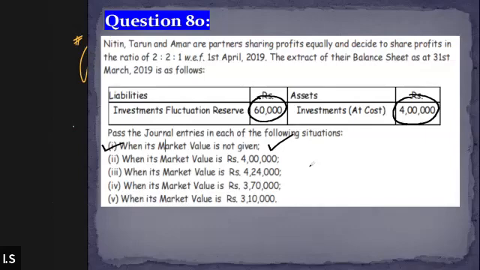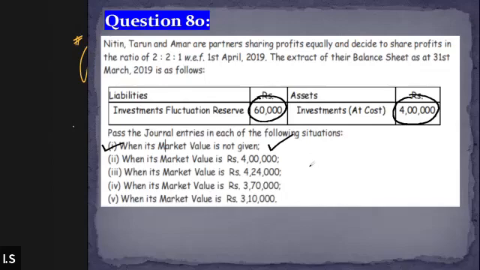Okay. And in the second situation, the market value is rupees 4 lakh. So the book value of the investment and the market value of the investment are both equal. There is no profit and no loss. This time also we are in a position to distribute the entire amount of reserve among the partners in the old profit sharing ratio again. So the entire amount of 60,000 will again be divided among the partners. Is that clear, everyone? Yes, sir.